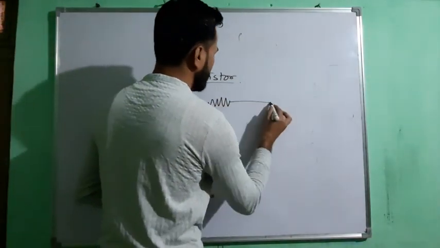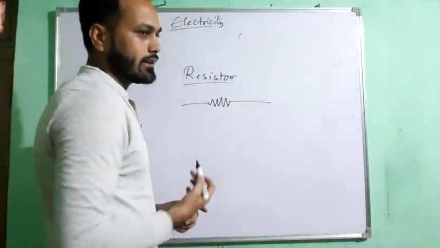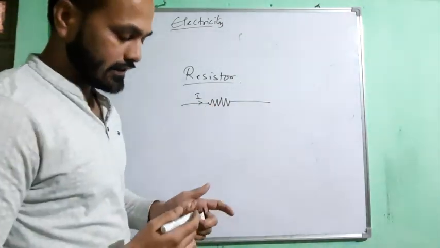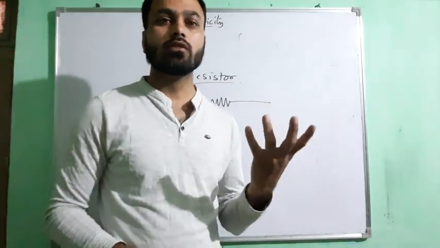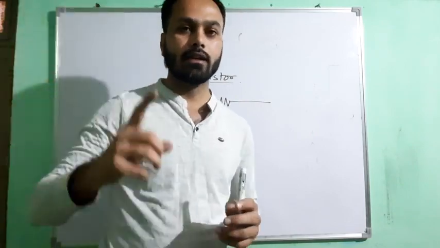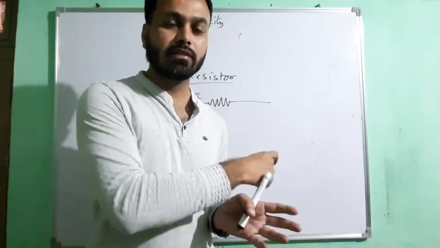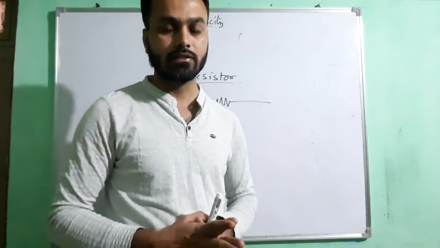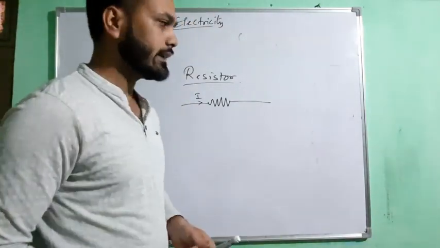This is the circuit symbol of the resistor. You can see this like a speed breaker, right? It always opposes the electric current through it. Why is it installed in electric circuits? To oppose the current. Let's say a device or appliance needs a smaller amount of current, but the supply is more. So this resistor can be used to get the desired value of the current. Understand? With time you will understand it better, and we will be getting into that.